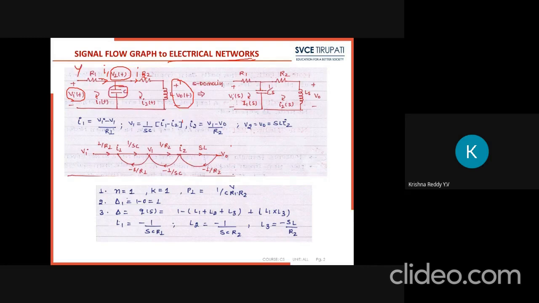For the series element, whatever elements come before the output, each has one forward path and one feedback path. The capacitor also has one forward path and one feedback path. R2 also has one forward path and one feedback path. The output element has only one forward path. With the help of the signal flow graph, we can calculate the transfer function easily.